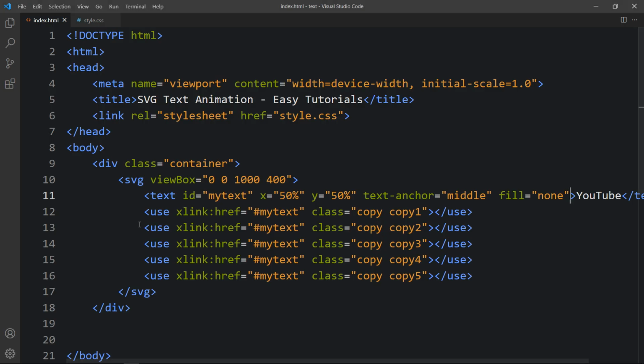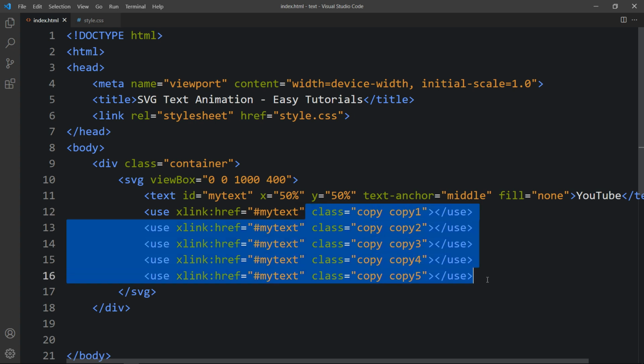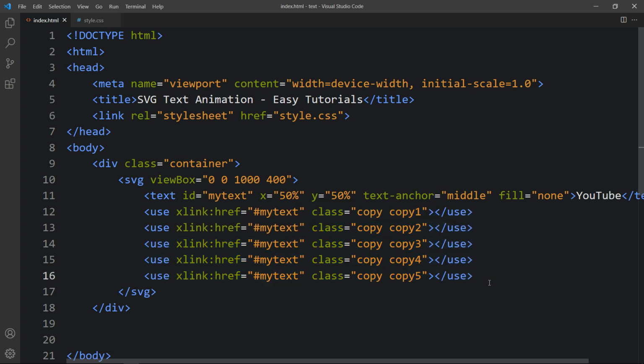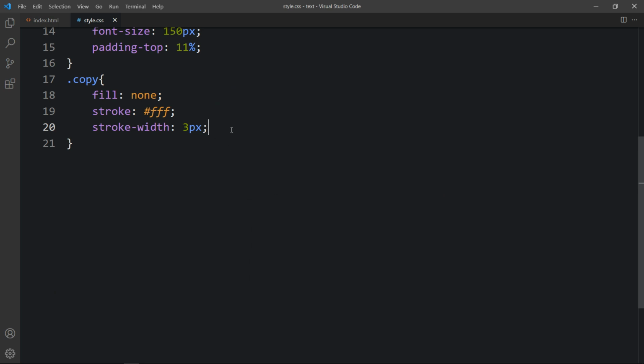So right now you can see the same stroke on all the text, which is 5 duplicate text over here. Copy 1, 2, 3, 4 and 5. All these duplicate text have the same color stroke, which is white color. So next we will add the different color of a stroke, and we will add the stroke dash array. So let's come back, and here let's add the stroke dash array.